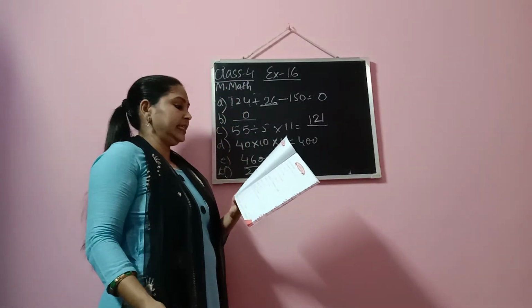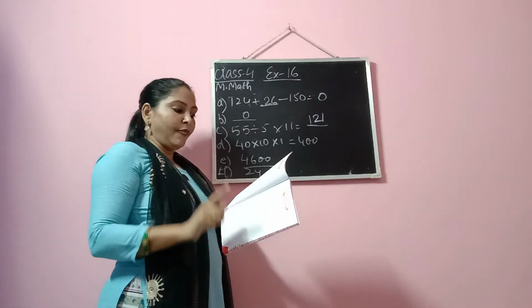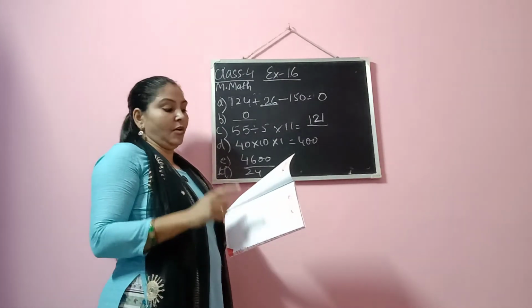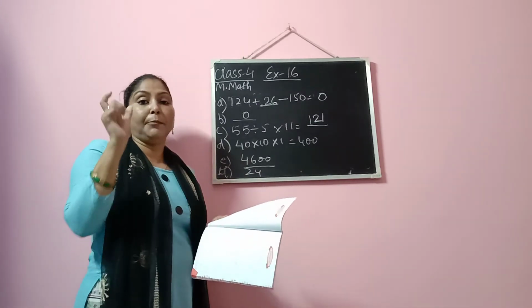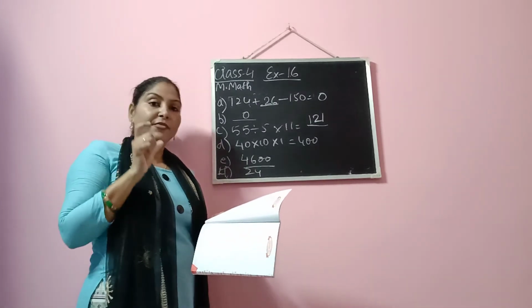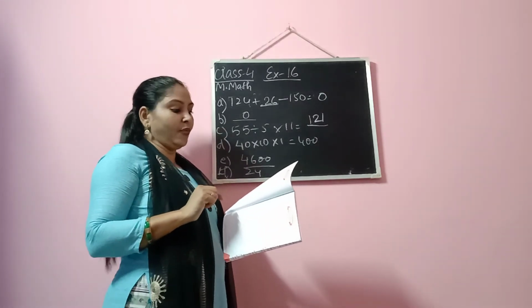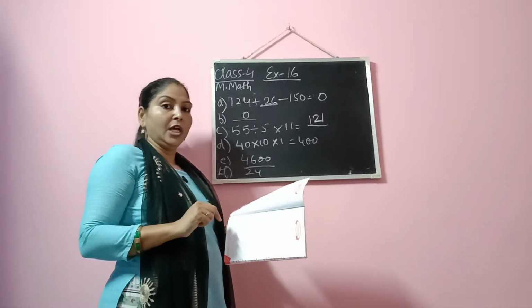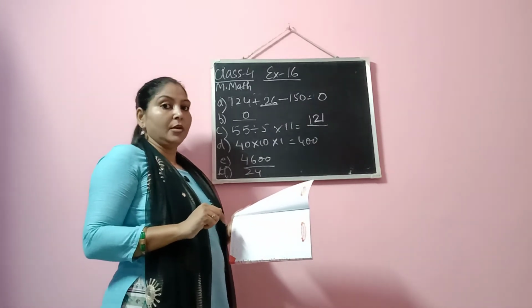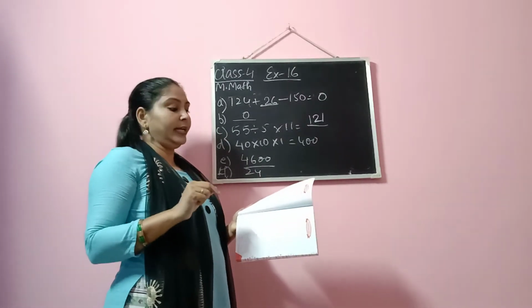Fine. Then we have the next question of this exercise, that is number G. 456 minus (4 into 5 into 6). Now, according to BODMAS, first we need to complete the work of the bracket. First we will do that. So in the bracket, what are the numbers? 4 into 5 into 6. Let us do this first. 4 into 5 is 20. 20 into 6 is how much? 120, because 20 into 6 is 120.